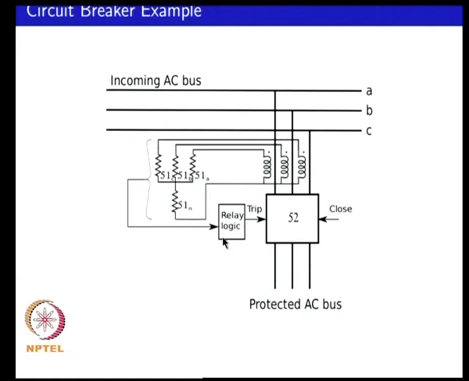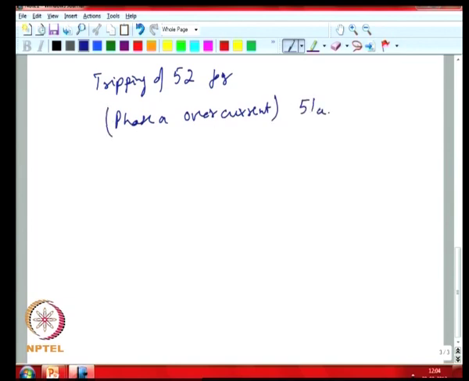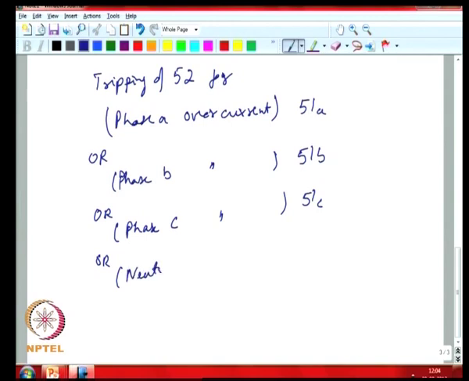So, in this example, you might say tripping of the breaker for phase A overcurrent, which is accompanied by the 51A functionality, or phase B overcurrent, or... so closing in this in a simple case,